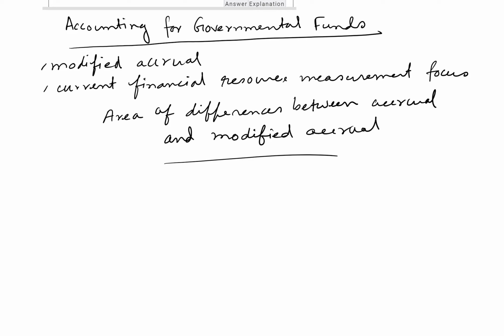Now what are the areas where accrual and modified accrual accounting may be different in governmental financial statements? Basically there are three areas where you will find a difference between modified accrual and accrual accounting. So one area is the budgetary control,